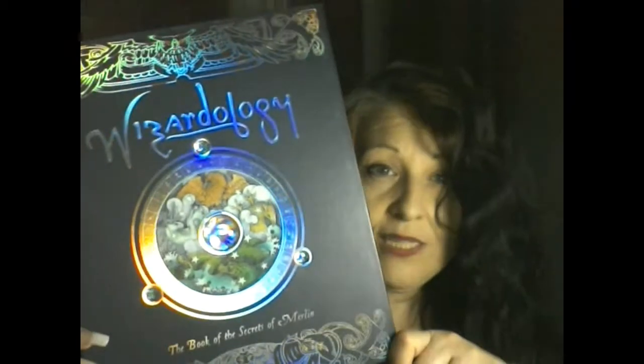And I love this. It says, if you are unshakable in your desire to learn wizardology, then, in the absence of a wizard of flesh and blood, this book will offer you the assistance and encouragement you would receive at my hands, were I standing before you as your master. Merlin, 1577. And it does say a lot about Merlin and the Knights of the Round Table,